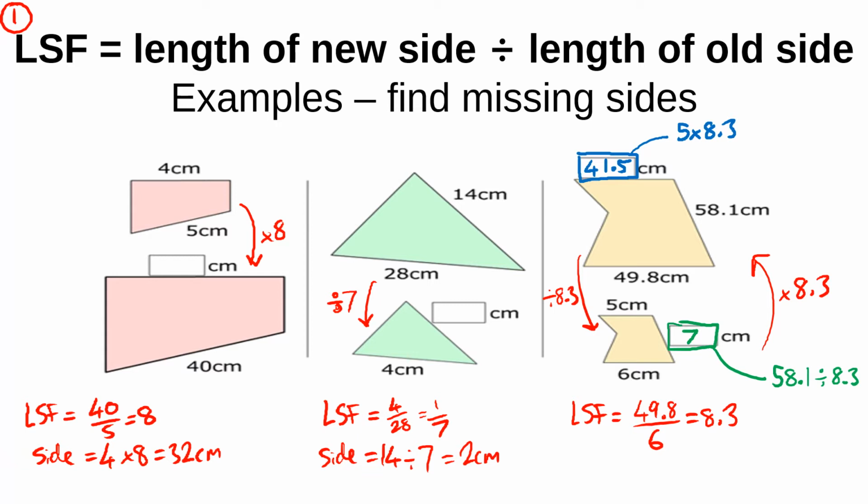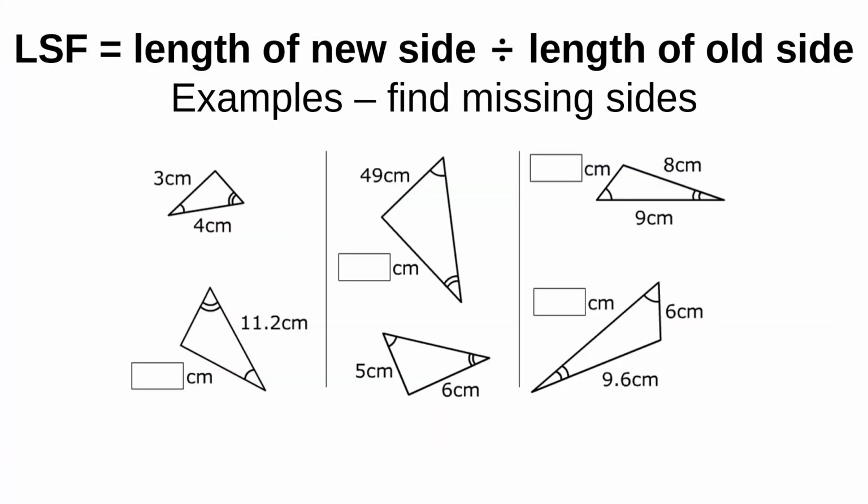Okay, so let's try and up this a little bit. Similar does not mean that the shapes are the same way round. It means they're the same shape, but they could have been rotated. And sometimes this will be happening and you need to make sure you know which side matches up with which side. So if we're looking at our first example here, we can see that they've labeled the angles to help us out. So this angle here